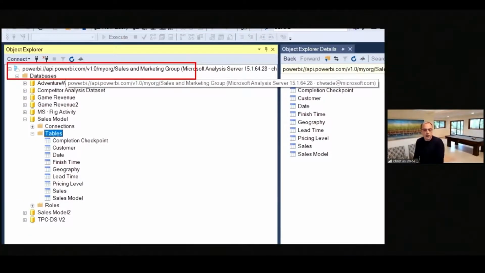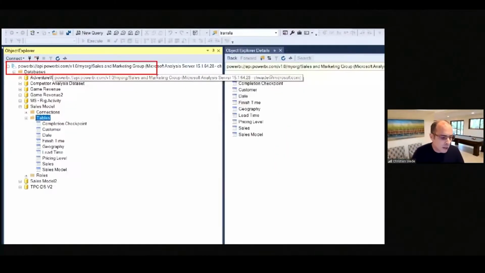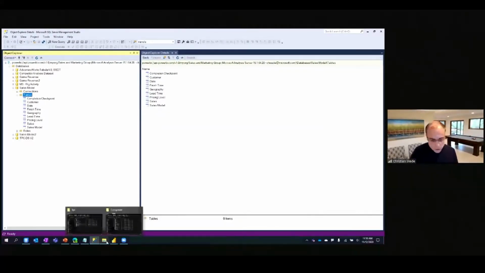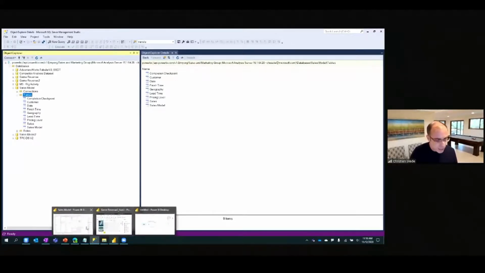I can manage historical partitions created by incremental refresh for fine-grained refreshes. I can do all sorts of scripting. I get full backwards compatibility with the analysis services tools and processes. I get compatibility with SQL Server Data Tools for modeling, and a bunch of other things like SQL Server Profiler. Okay, so having got that workspace connection, I'm going to come back over to Power BI Desktop,